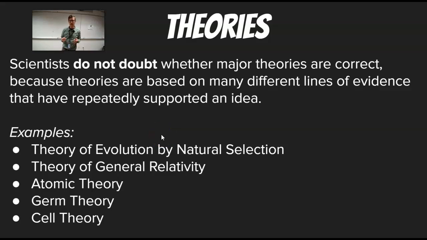So scientists do not doubt whether major theories are correct because they're based on so many different lines of evidence that have repeatedly supported an idea. So it's been hundreds of years. There's a massive amount of research that's going on that all points in the direction of this same idea. These examples include evolution by natural selection, general relativity, which is Einstein's theory that explains how gravity works, atomic theory,